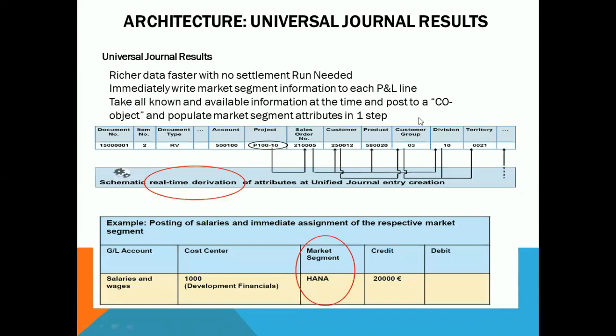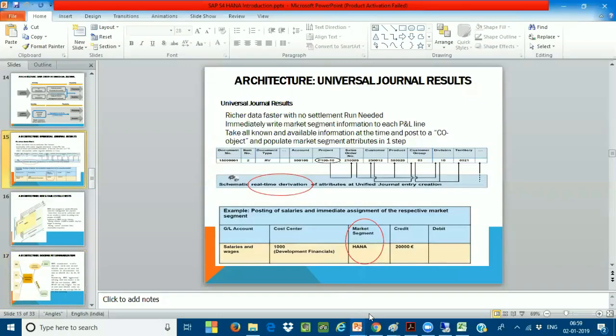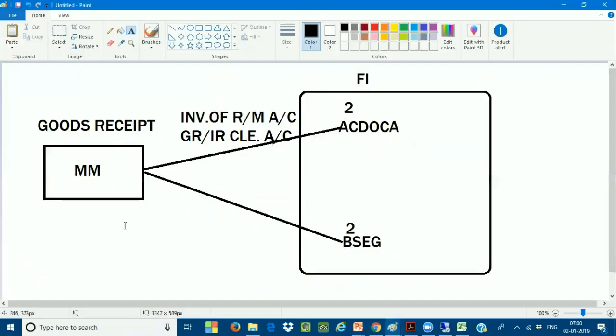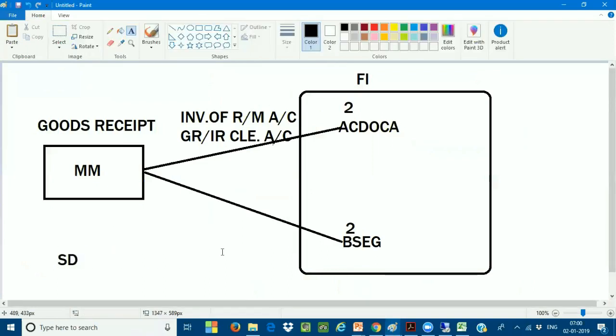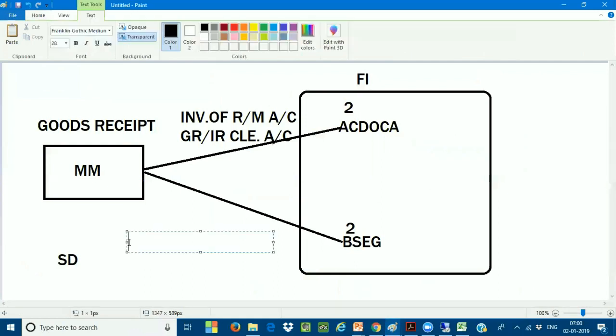This is the universal general entry document, sir. This is the complete document I'm showing with the universal. In the universal general entry document, this RV is nothing but a billing document. Actually, we call it a billing document type. Whenever I'm posting any billing document from SD, that is from sales and distribution, a billing document is nothing but the invoice. So what is happening? The customer account